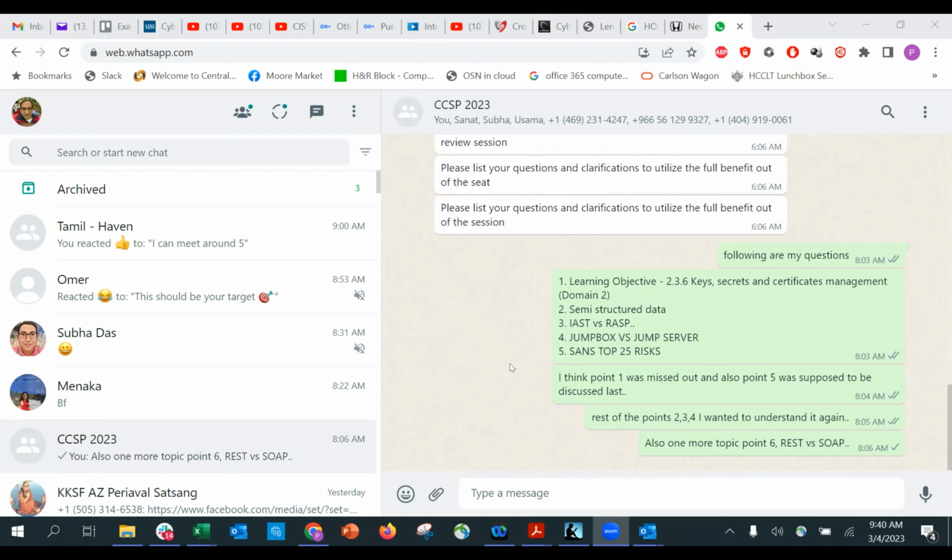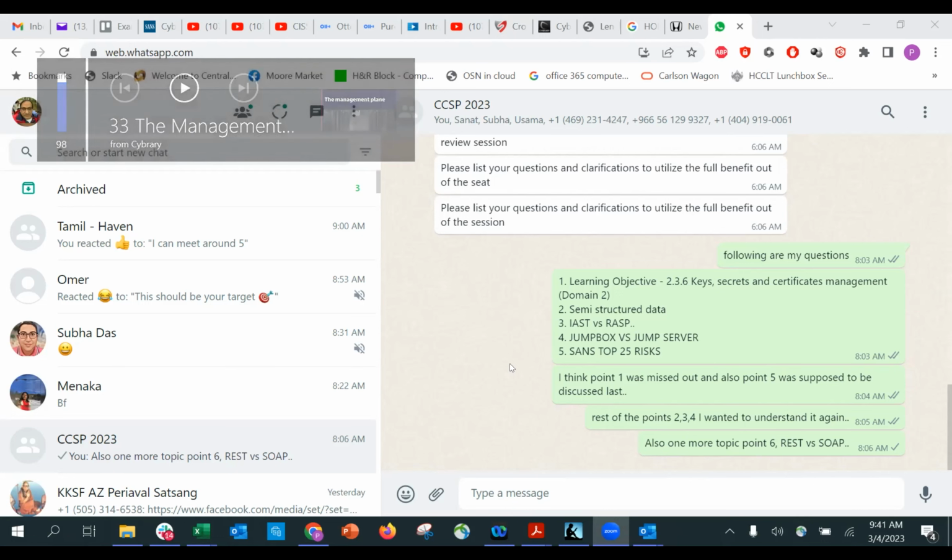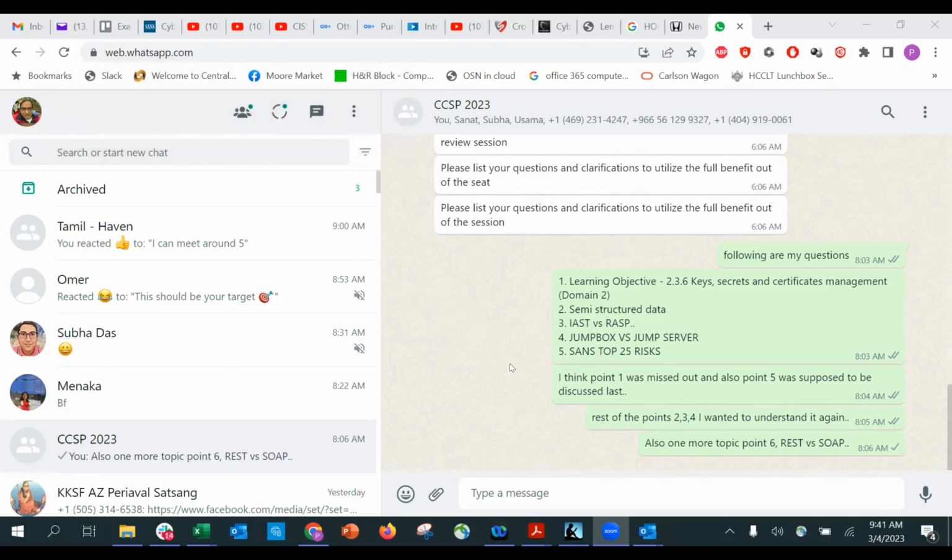For jump box and jump server, gentlemen, there is no difference between both of them. It is very simple like that. By the end of the day, it is a software, an application. You can install it on a server, when you have your own server, whether it's a PC, VM, or a host. Then you install this on the machine, and it will be a jump server because it is installed on a server. Or it can be a jump box. What is a jump box?